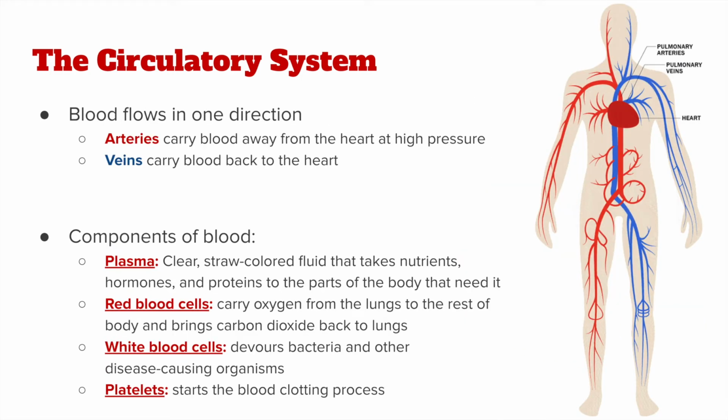One-way valves located in the heart and veins allow the blood to flow in only one direction, so it never goes in the opposite direction. Arteries carry blood away from the heart at high pressure and are therefore thick-walled. The main artery carrying blood away is very large, about 1 inch in diameter, which doesn't seem that large, but for arteries, that is very large. But the arteries do become smaller farther away from the heart, such as the legs, the arms, and the fingers and the feet.